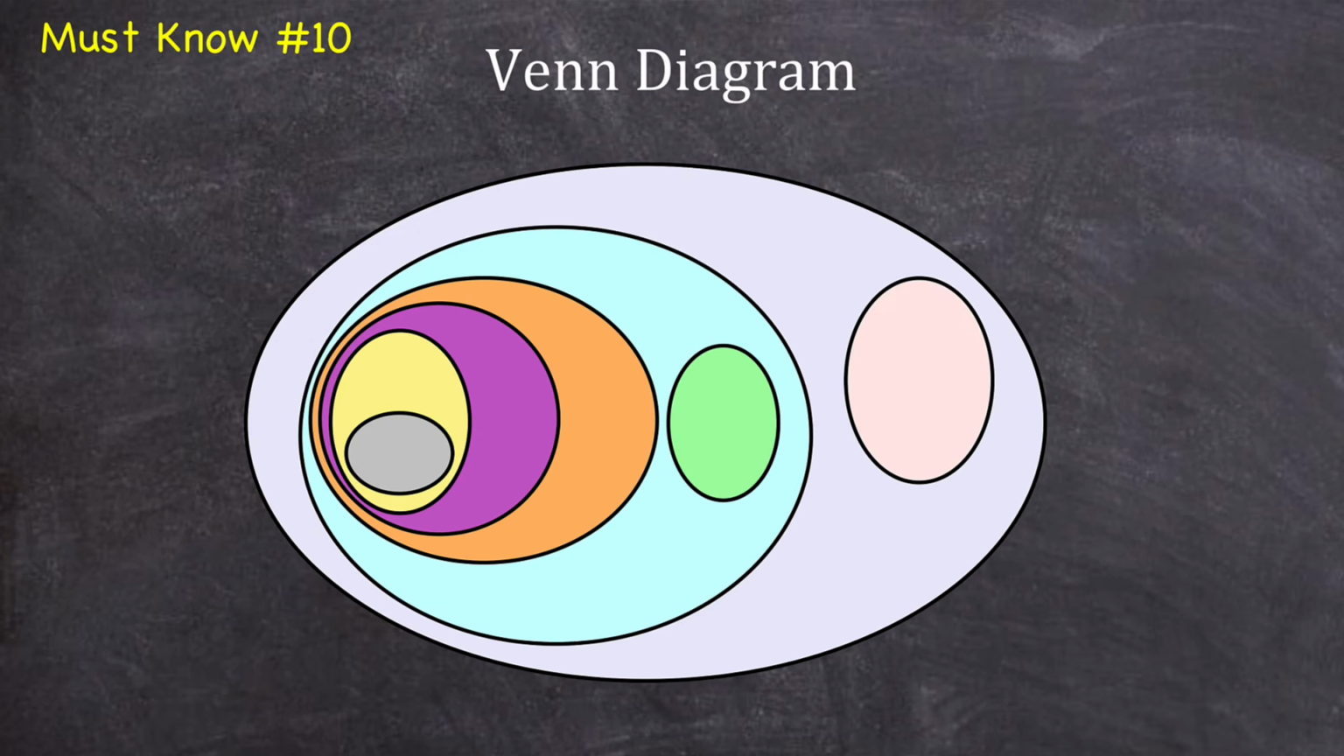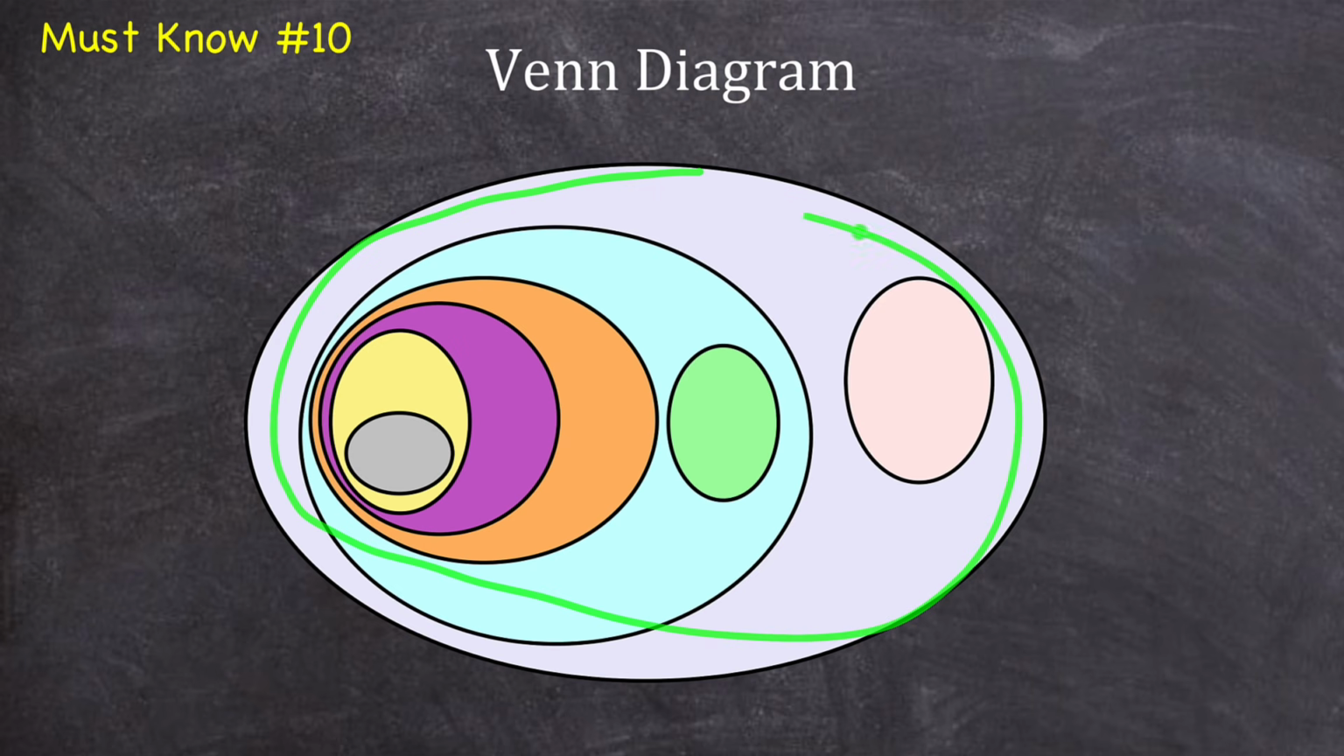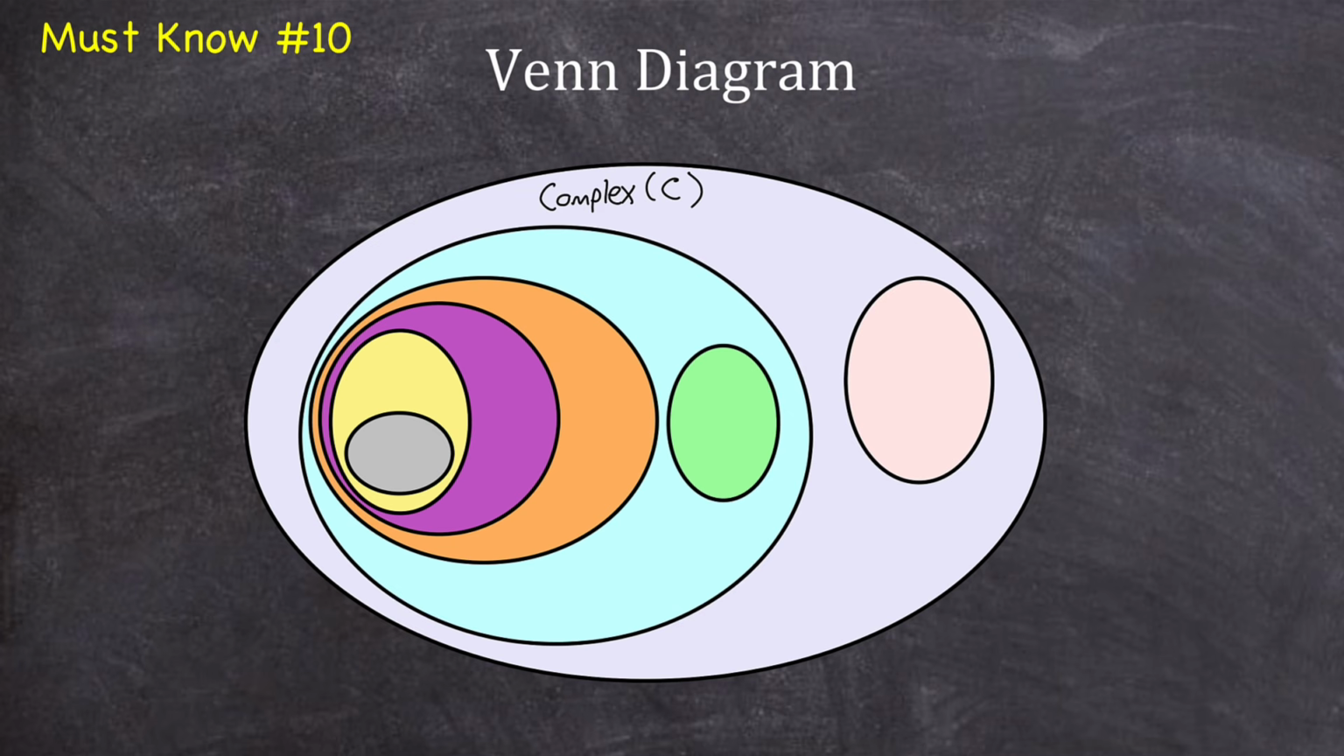Must know number 10, the Venn diagram of how all these number sets fit together. Remember, the outermost set was the set of complex numbers. The set of complex numbers, we use the letter C to represent the complex numbers, and they're the superset of all the other sets we looked at. Complex numbers are of the form a plus b times i. So a complex number could look like this, 3 plus 2 times i,